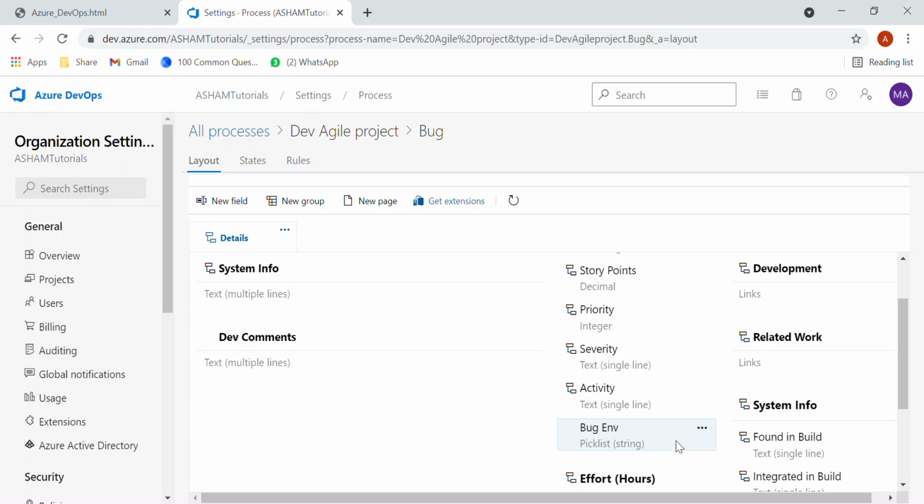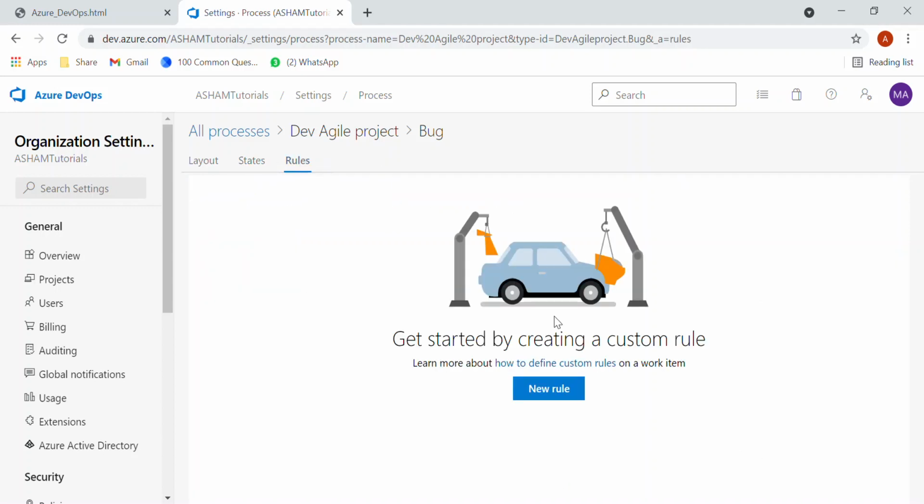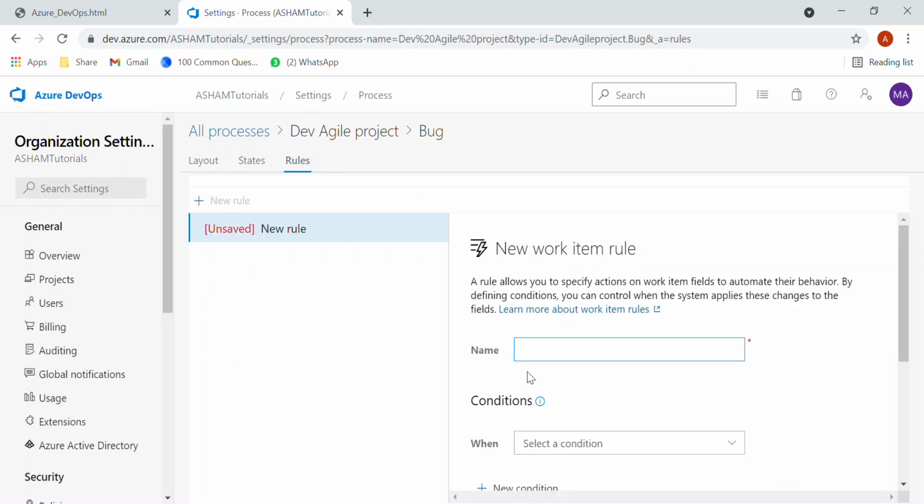Now let's do it with the event. That is a little bit tricky. So for that we have to create a rule. So let's go to the rules now and create a new rule. We will create a rule on close,